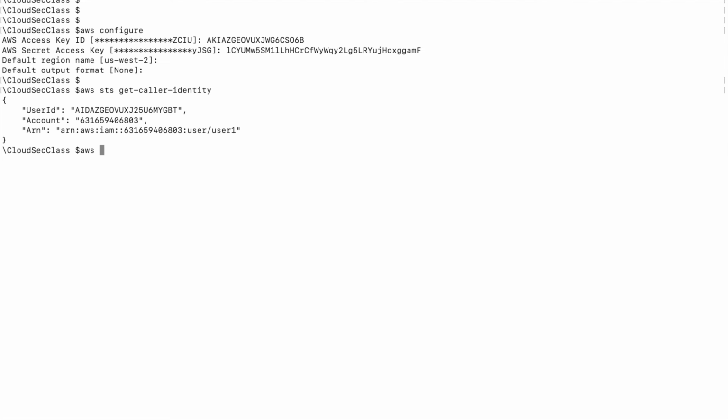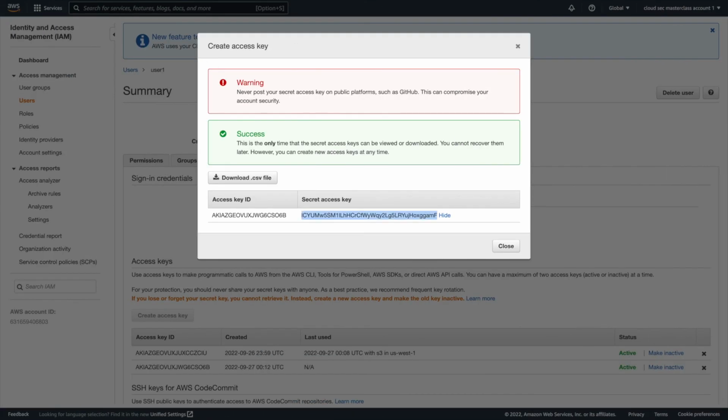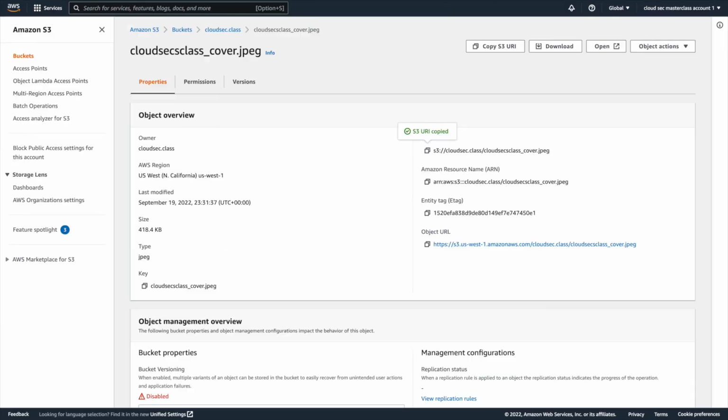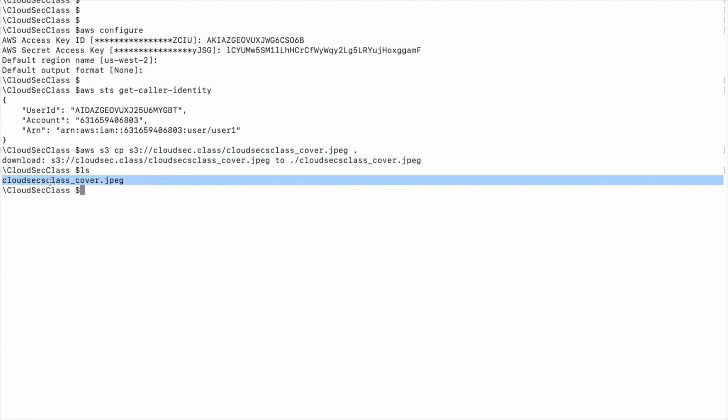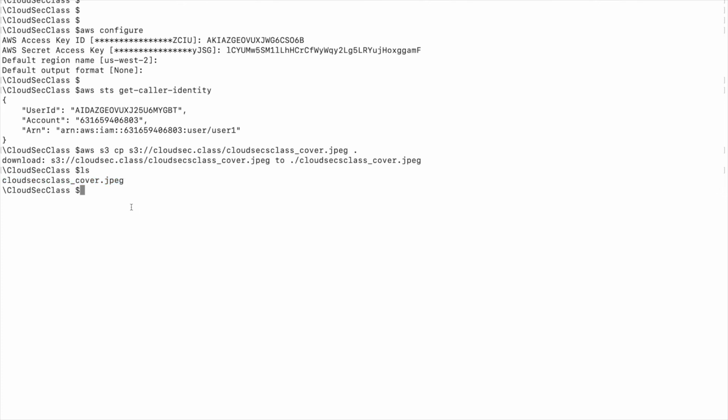Now, assuming all the privileges are working as expected, I should be able to run aws s3 cp, which is the copy command, and copy the file. I'm just going to copy the S3 URI from here, paste it, and download it to this location. And yeah, the download works. If I do an ls, this file is right here. Now, just to double confirm that the policy is working as expected, because we did put in our source IP address as well,